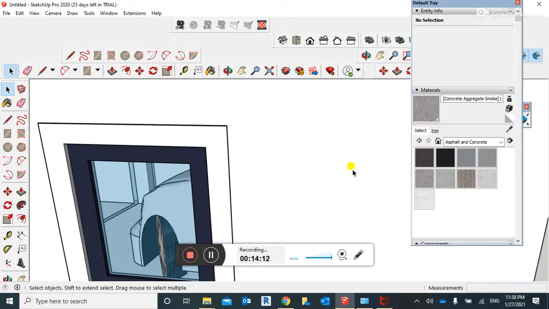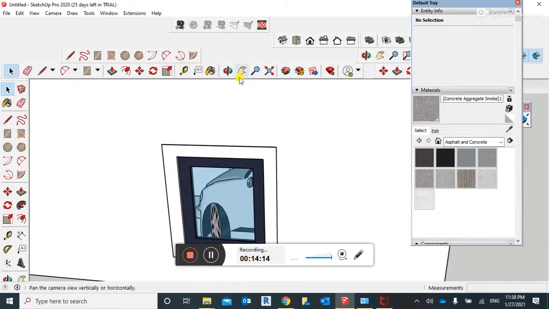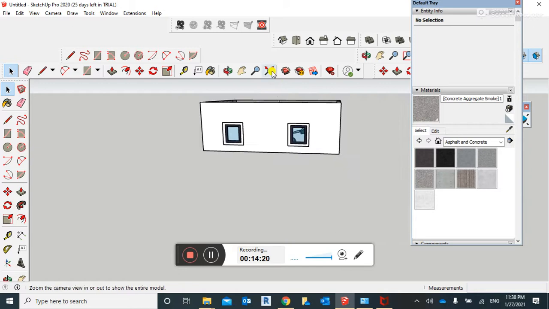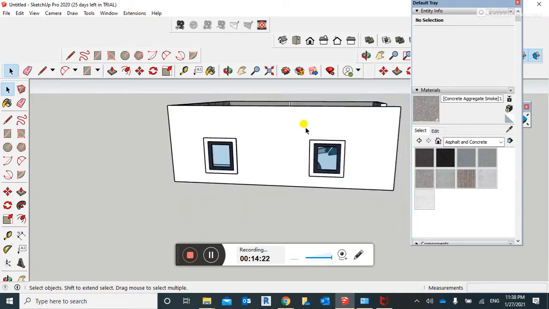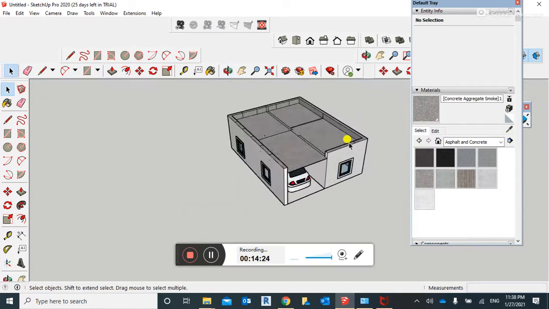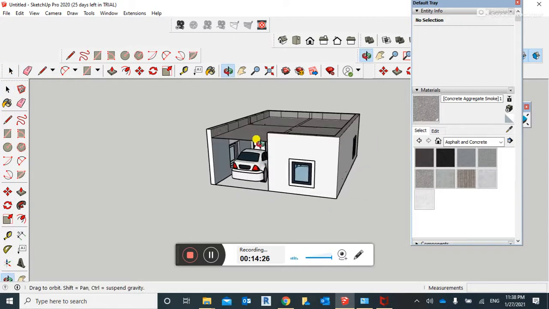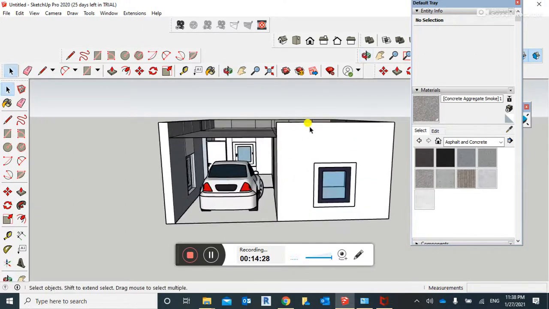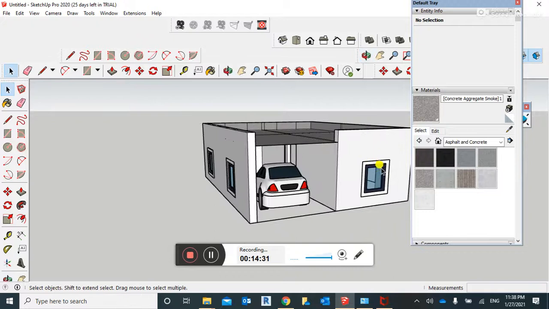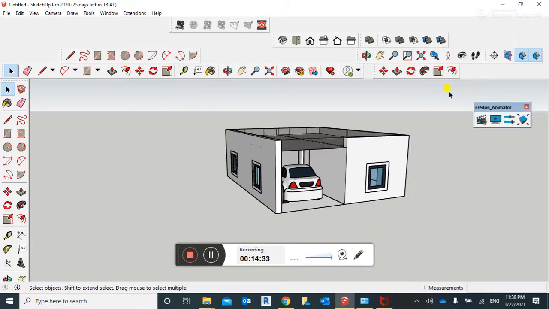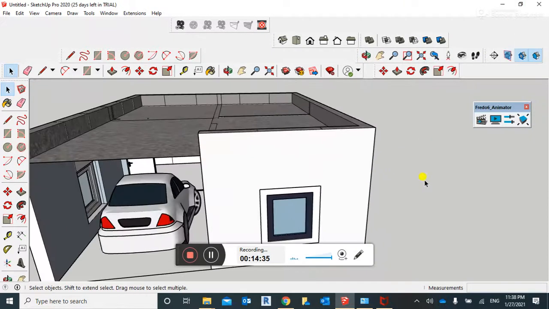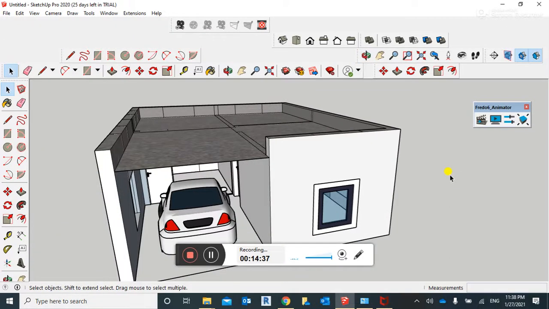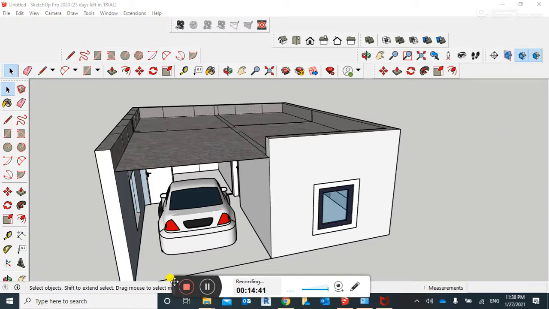If we zoom in or zoom out, if we go to zoom extents, it will normally bring it to a shape. Guys, this was a quick tutorial for this modeling session. Till next tutorials,